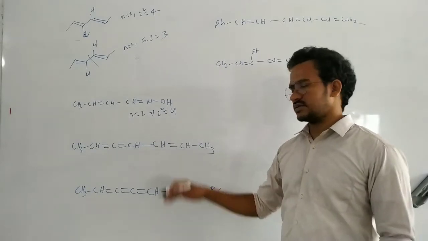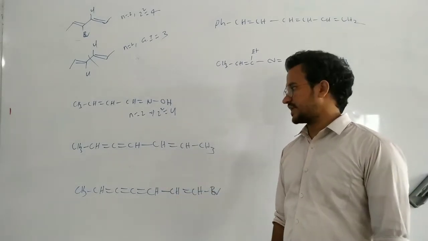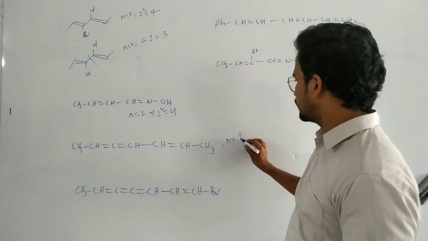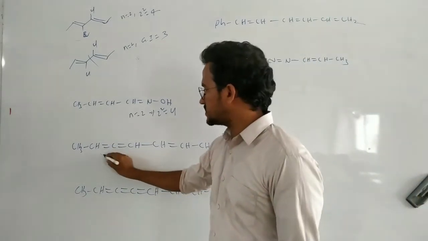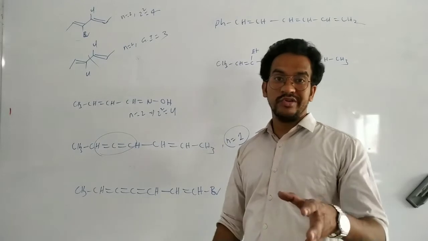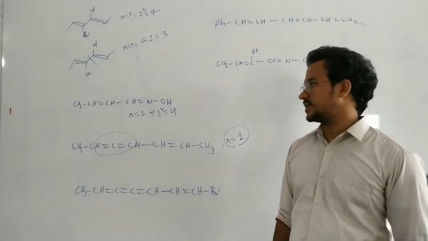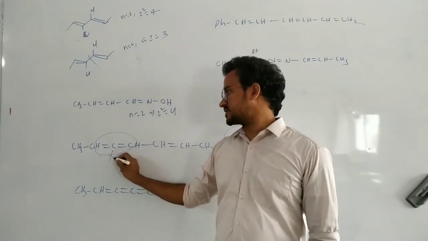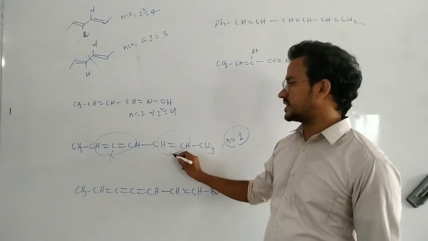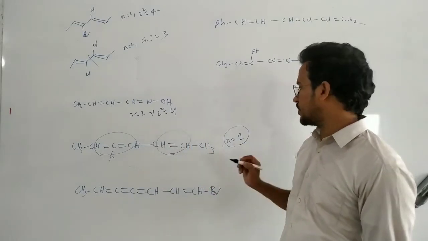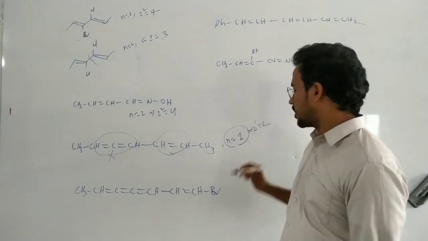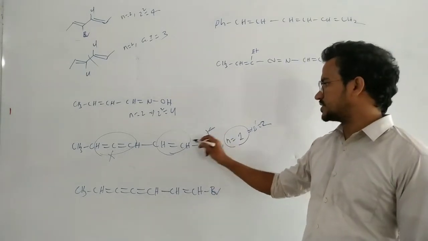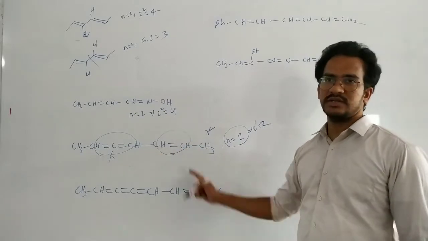In this case, this example is somewhat different. What is the n value here? For this one, the n value is only 1. Why? Because this is not a stereogenic center to produce different geometrical isomers. About this center, this is an allene derivative type of compound, so geometrical isomerism is not possible. That's why there is only one stereogenic center producing cis and trans isomers. So n equals 1, which means 2 power of 1 equals 2 geometrical isomers. This is important. About the other one, no geometrical isomerism. You just have to consider this double bond.